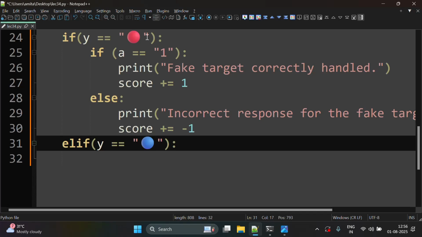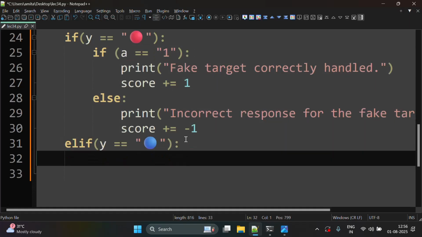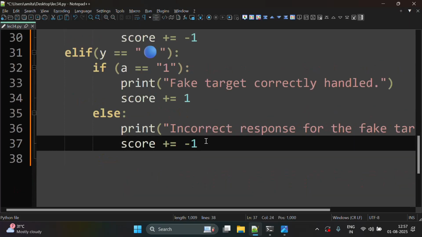So we could also have written it here itself, like we have written the elif now. So let us write this again. It's all up to us how to write this. So we have written this y equals to blue target again, and